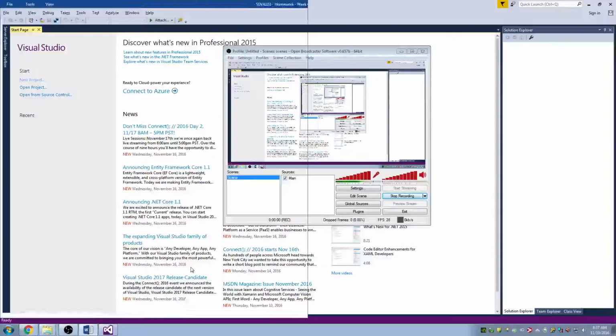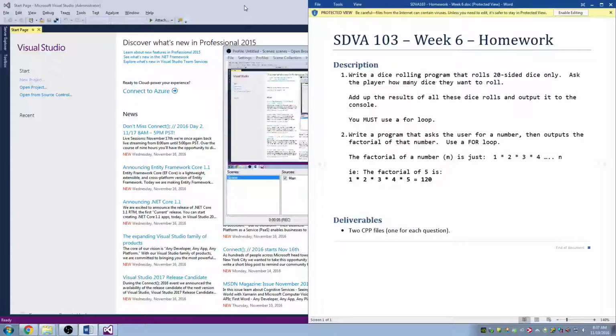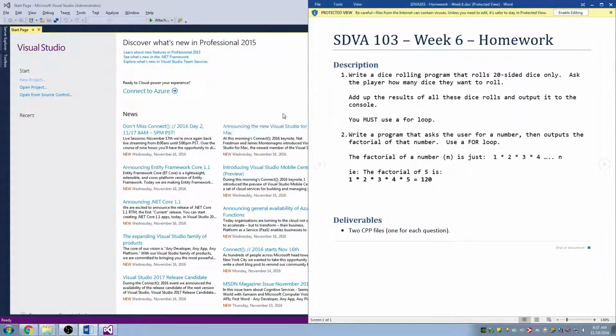Alright, so I want to go over the homework first. We're going to do more review today for random numbers and for loops. I have some more exercises for you guys to do, just with the hopes that we'll get more comfortable writing this stuff. And then we'll go over some new things today, which are, we're going to be going over arrays